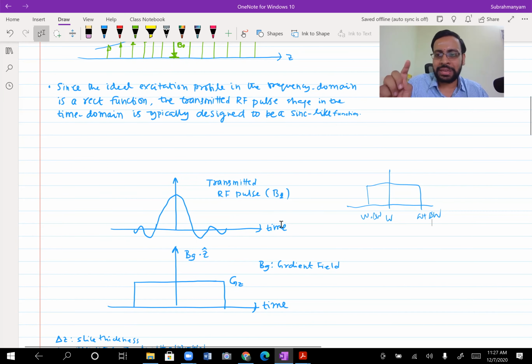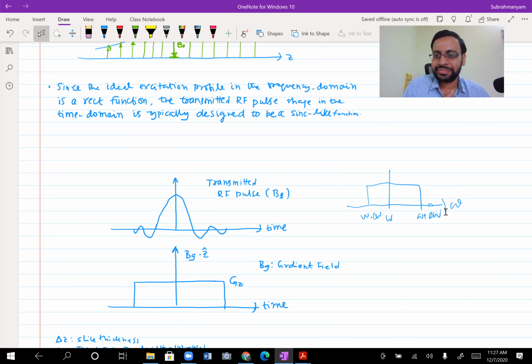See, one thing maybe I should have made clear. First I am analyzing what it is in the frequency domain we want, because now each is resonating at a different frequency. So that's why I have drawn here first something related to omega, but you are applying over time. So that's why the equivalent one would be something like a sinc function. This is with respect to time, and this is with respect to frequency. Okay. So even in the frequency domain, I was talking about the frequency domain itself. Okay. It's exciting a range of frequencies, right? Because there's an interval of frequencies. Correct. Range of frequencies. You are right.